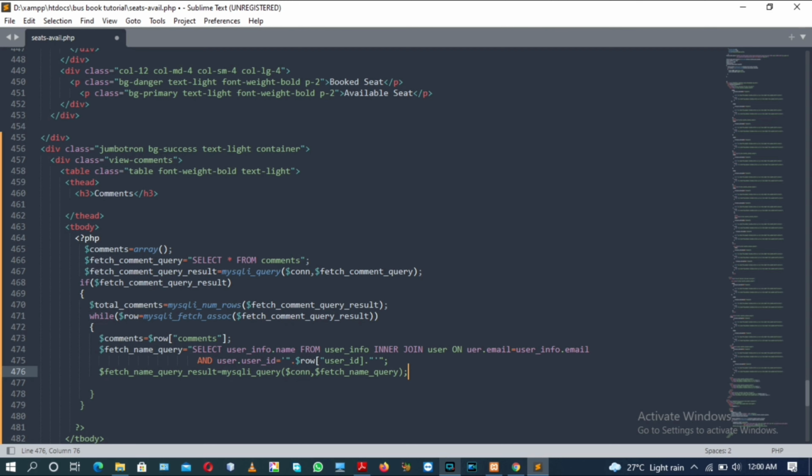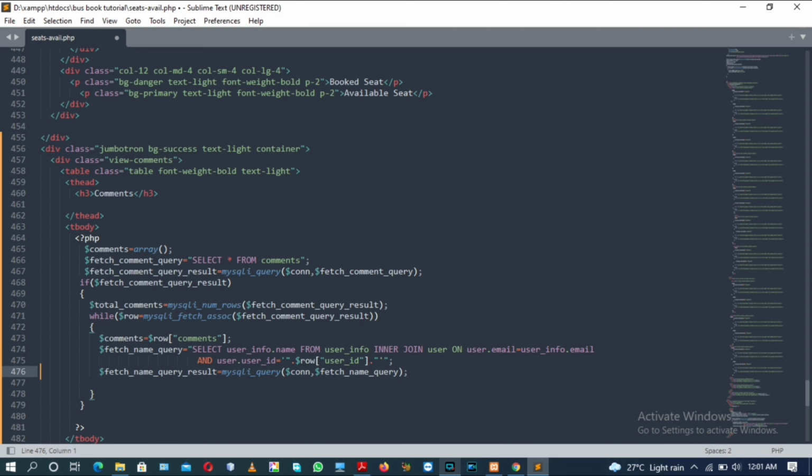I think there is some error because MySQL query is not showing as a PHP built-in function. There must be some error in the SQL query: select userinfo.name from userinfo inner join user on user.email is equal to userinfo.email and user.userID is equal to. Okay, that's it.